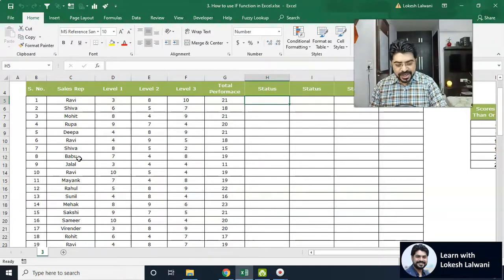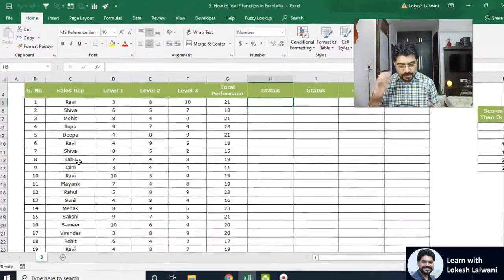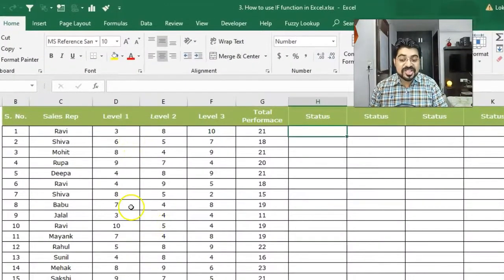Okay, now I'll be starting an if condition over here. But what is the condition? Now this company which has these 20 employees would like to assign bonuses to these people on the basis of their performances, right? On the basis of their, let's say, total performance. Now, if you look at this, the maximum a person can achieve in a single level is 10. So total maximum could be 30. Company says, let's take a mid number, which is 15. So if a person gets 15 or more than 15 as the total performance, the person will be qualified for the bonus, else disqualified for the bonus.